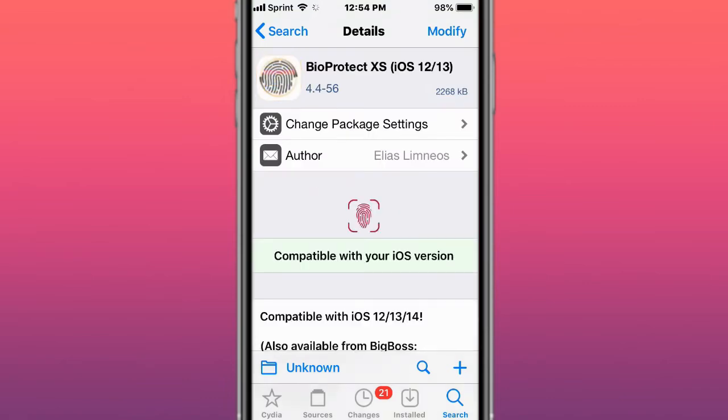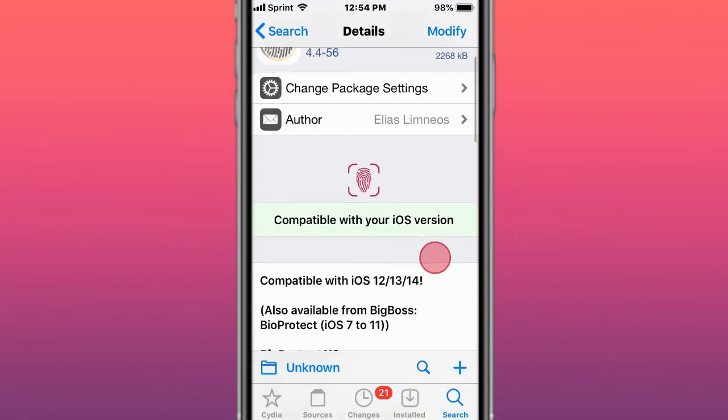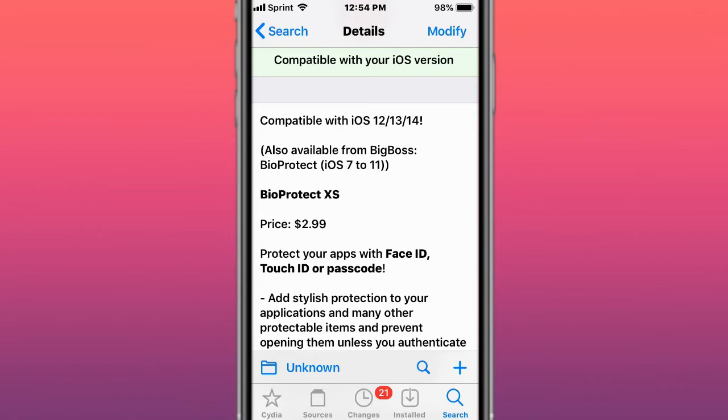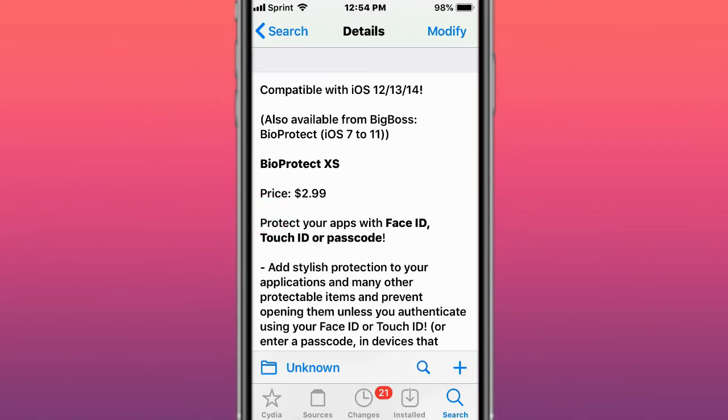This is called Buyer Protect ets iOS 12 and 13. It puts a passcode or Touch ID, Face ID, or some kind of number passcode on your apps as an extra layer of security protection. So pretty cool. I made a video individually on this tweak on my Apple Tech Stop channel. So it does cost $2.99, and it was updated to address a potential issue with substitute and adds iOS